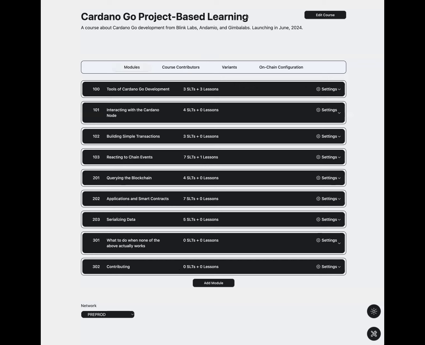You guys can see the Cardano Go PBL outline on my screen, right? Yes. All right. This was aspirational, launching in June. We'll see if we release something live this month, but no pressure to decide yet. Just to pick up where we left off, you can see that maybe 3 weeks ago, we came up with